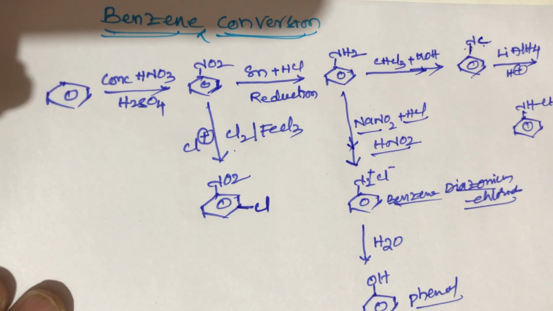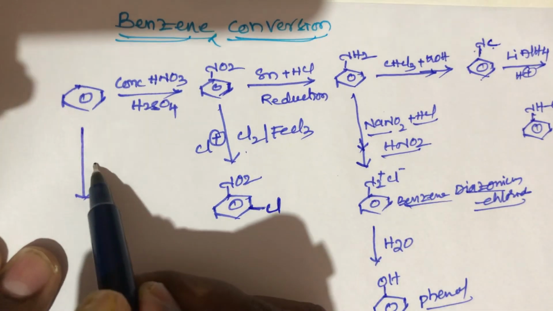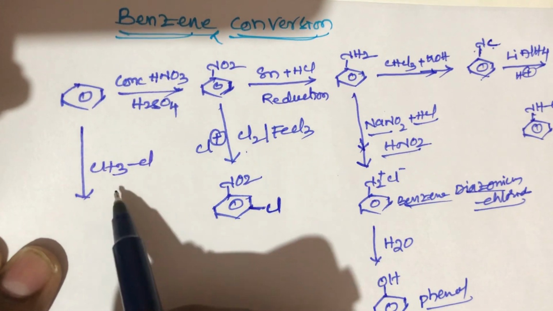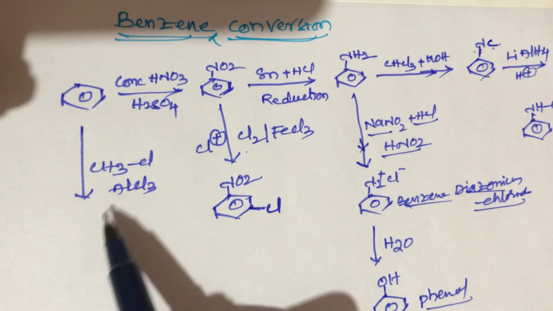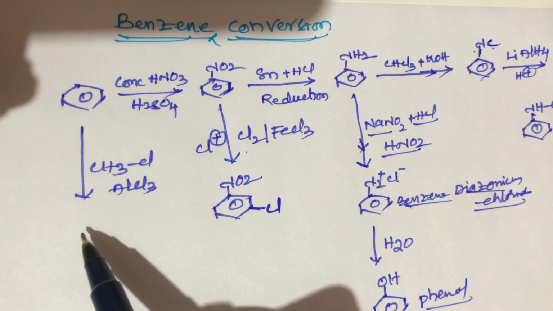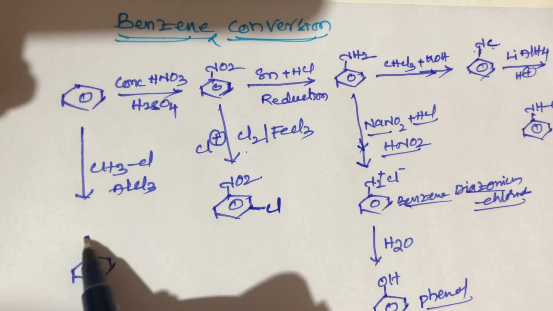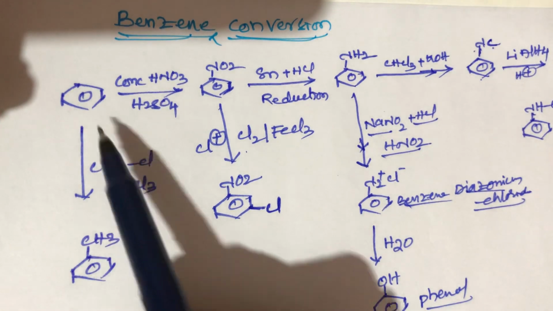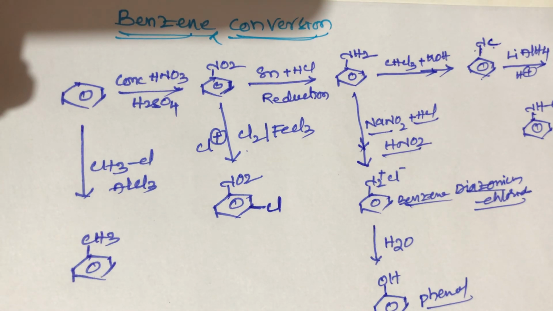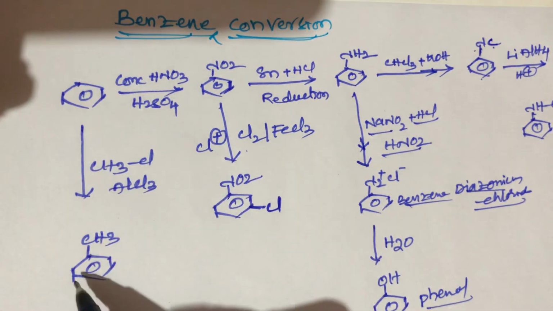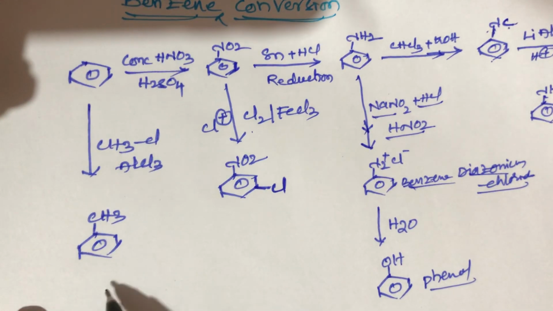And one more conversion, when benzene reacts with CH3Cl in the presence of AlCl3. You remember, when benzene reacts with methyl chloride in the presence of anhydrous AlCl3, what is the product? Methyl benzene will be formed. This reaction is called Friedel-Crafts alkylation. This conversion from benzene to methyl benzene belongs to Friedel-Crafts alkylation. Methyl benzene will be formed. This methyl benzene